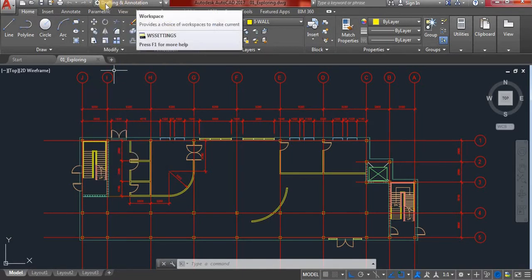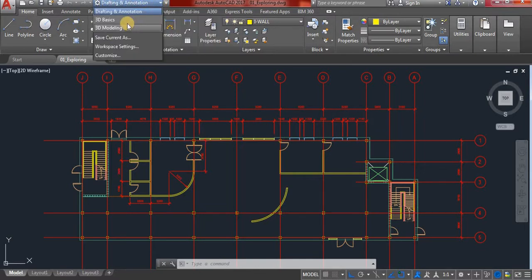So as you can see, I'm on drafting and annotation. If I click here, I get 3 options which are default by the AutoCAD program. Maybe you'll have more because you had some previous versions of AutoCAD, maybe 2015 and so on, but by default you have these 3 options. If I choose this one,